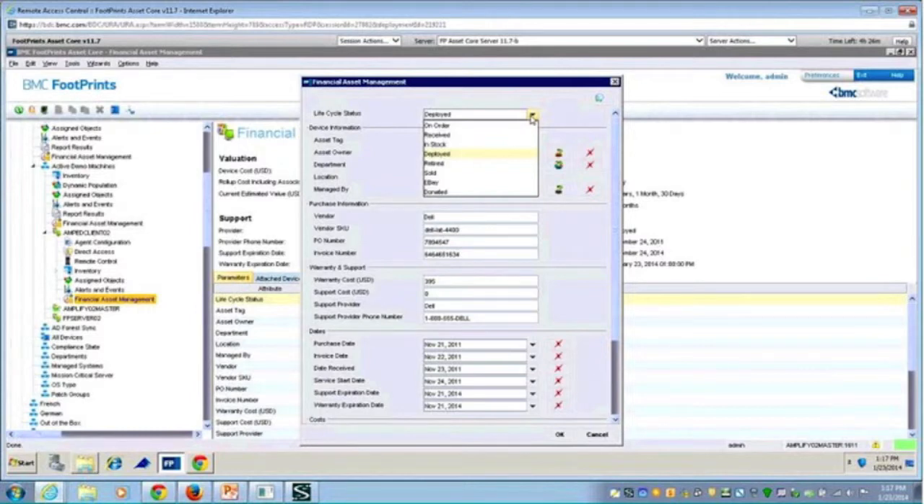So as it pertains to the life cycle status, I can see this one is deployed. I have several other statuses that are available to me. As this machine gets towards the end of its life cycle, you may retire it, so it's still in your inventory. You've just retired it from service. It could be that you sold it. Maybe you donated it to charity, to a school. Those are all life cycle statuses that you can enter on a given asset. And you maintain this list. This is just kind of what's out of the box, but you can have whatever life cycle statuses that you